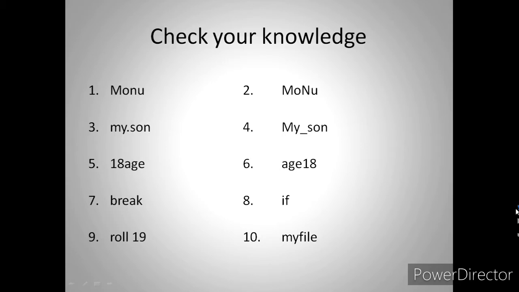Second one. No, sir, it is wrong. Why is it wrong? Sir, because underscore is used to give a space. In number 2, it is written capital M, then O. Oh, sorry, sir. Is 2 correct or incorrect? Sir, 2 is correct. Very good. Please note it down in your copy also.